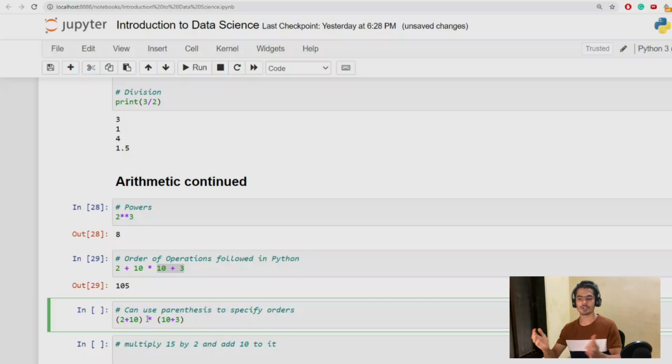So for that you need to use parentheses. When you use parentheses, it will always take the first preference. It will go from left to right. Then it will see this parenthesis, so it will evaluate this particular parenthesis first, which is basically 10 plus